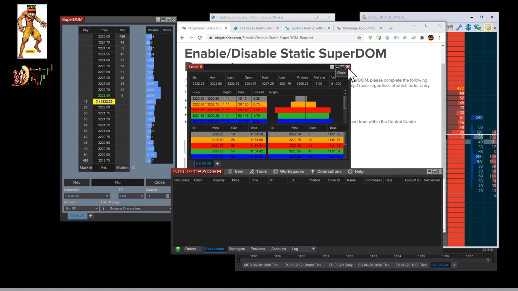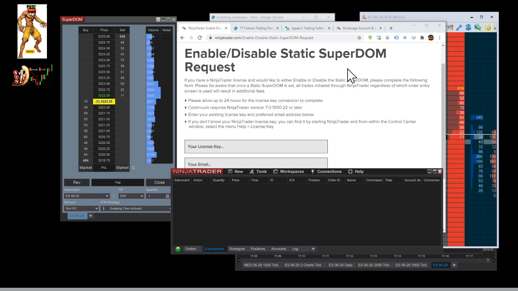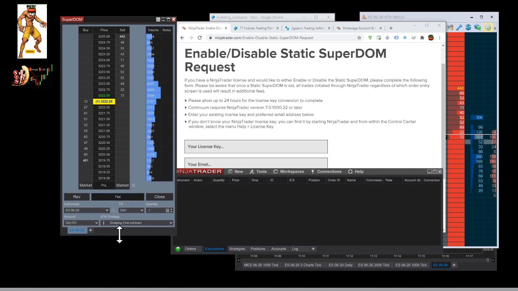So the level 2 is the data, and the tool that you will use is the depth of market, so called the dome, okay? And on NinjaTrader, it's called the Superdome, right? So with that said, as I say on my videos, I don't use the Superdome of NinjaTrader because I feel that it's really messed up, right? I don't like the way it's missing some information, and I don't like the way it is presented. But for an initiation, it's good enough, right?